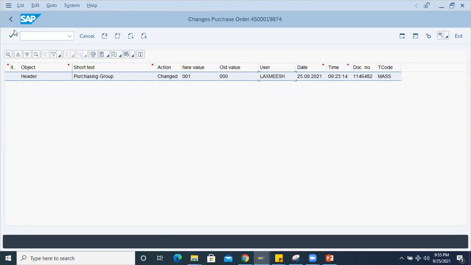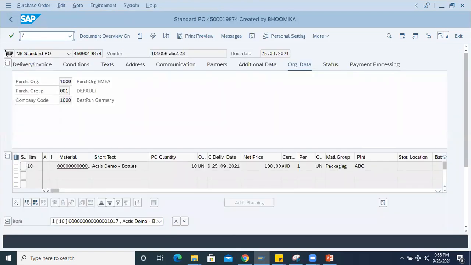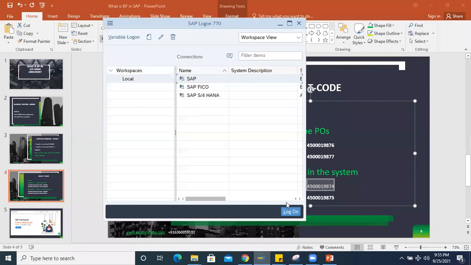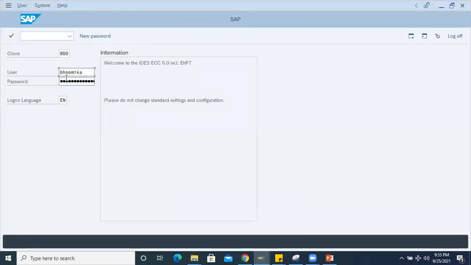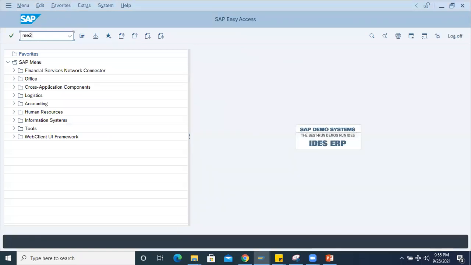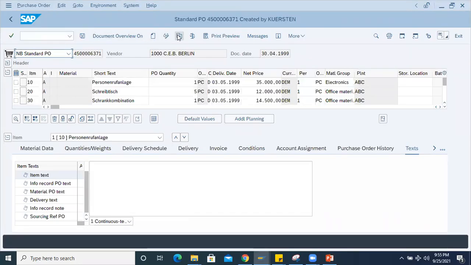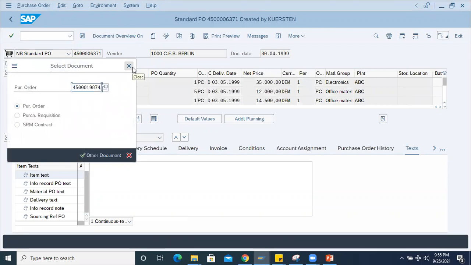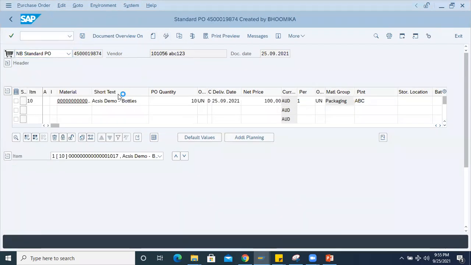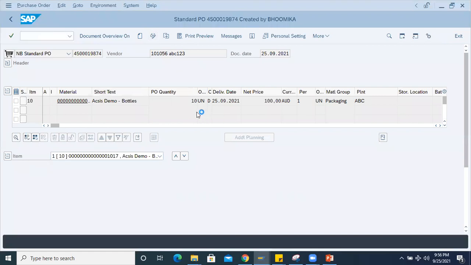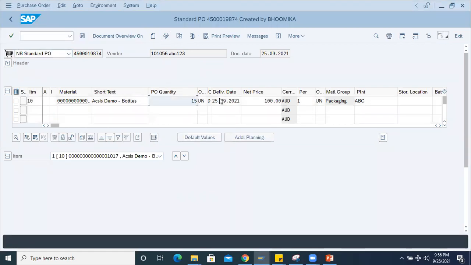That's it. For example, if a user logs in, I'll log in with Bhumika's ID. Here I'll go, and this is a PO. If any changes are manually done on this PO, for example, she changes the quantity to 50 here and saves it.